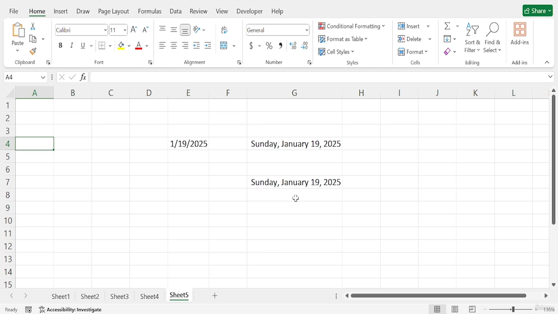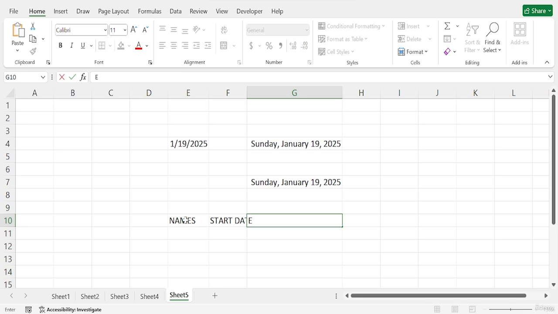Using this information in your spreadsheet will improve your data set. Sometimes you want to make data sets with employee names, and after that add a joining date or start date, and then the end date of the employment, and let's say the today option.